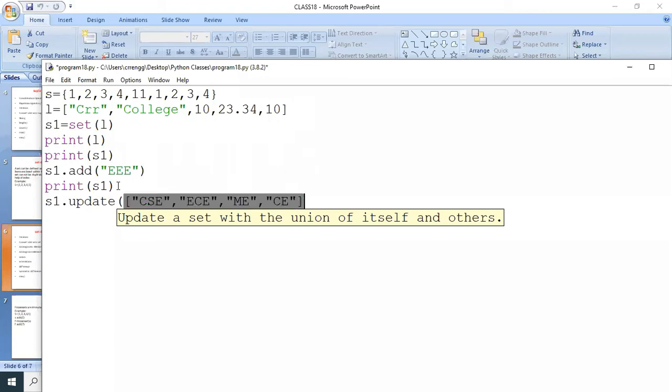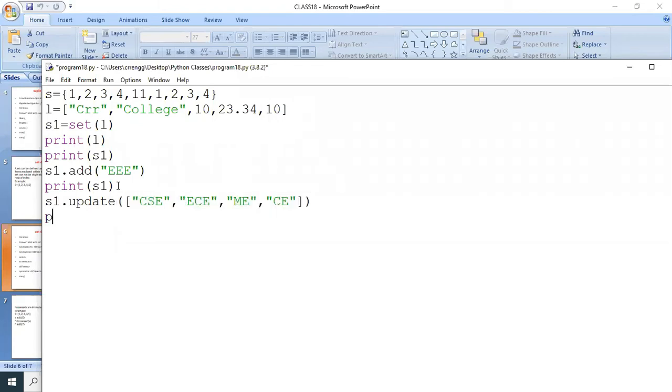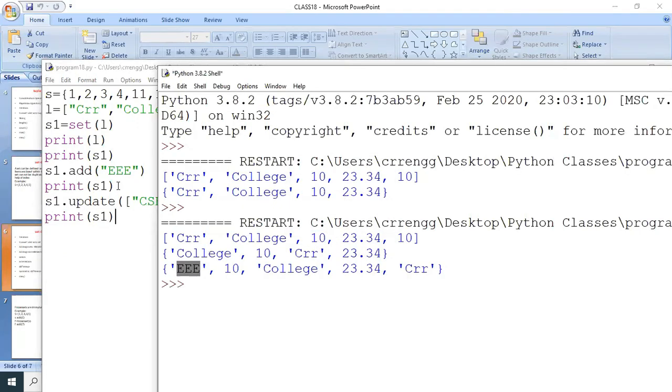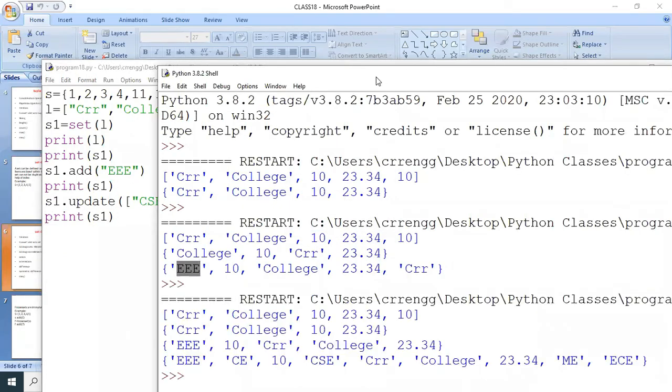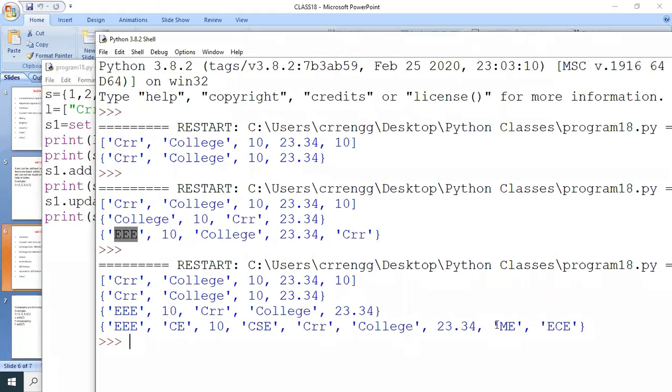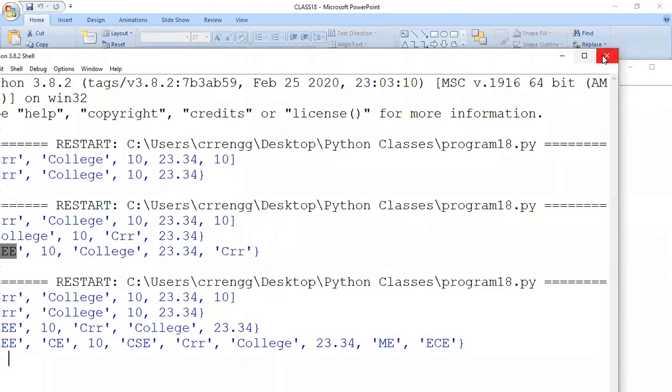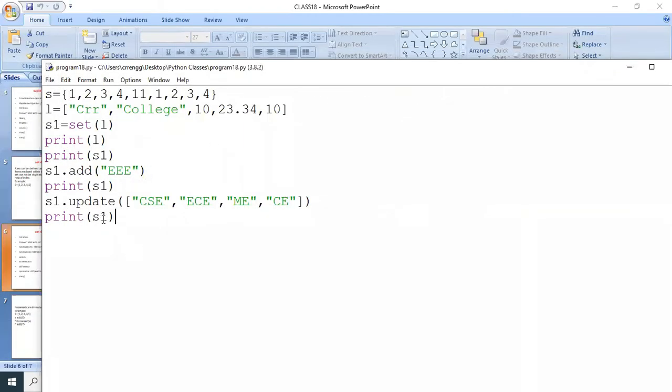So print S1. If you observe, here we can add some more elements with the help of the update function. The add function we use to add one element to a set, and by using the update function, we add more than one element to the set.